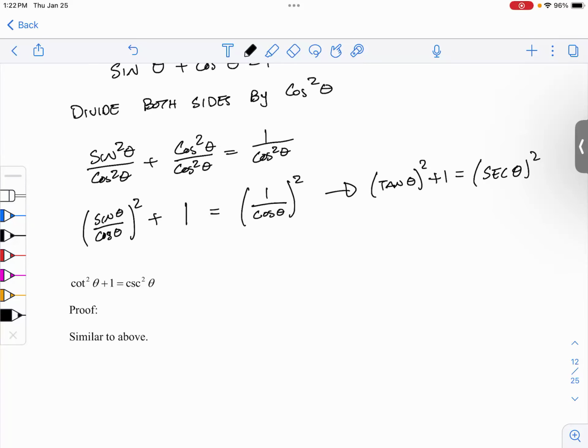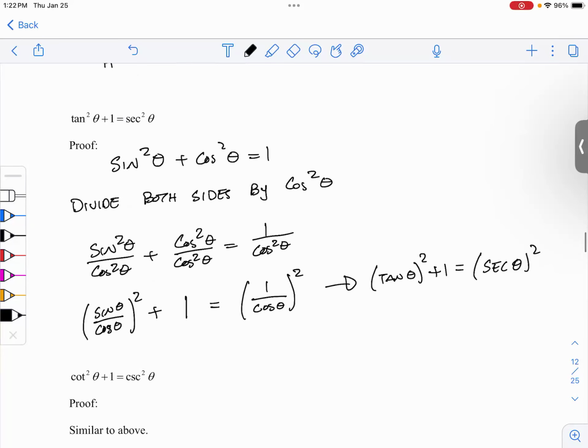Which means, look, that's what the second fundamental identity says: tangent squared theta plus 1 equals secant squared theta. And then similarly, I could prove the last one, cotangent squared plus 1 equals cosecant squared theta, by doing the same thing, but instead of dividing by cosine squared, I would divide by